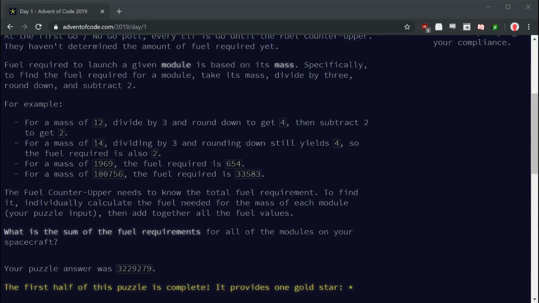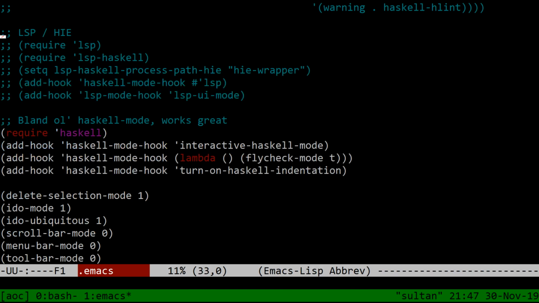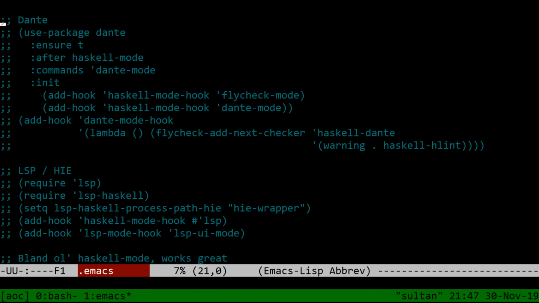So, here we are in Emacs. Oh, and I'm going to have to retell you guys about all my Emacs woes. On the one hand, my Emacs setup is better than it was last year, and on another hand, it's worse. Actually, are there ways it's worse? I'm not sure. But one thing that is true is that the thing I used 2 years ago, which was Intero, is deprecated now, and I could never get it working on this computer anyway.